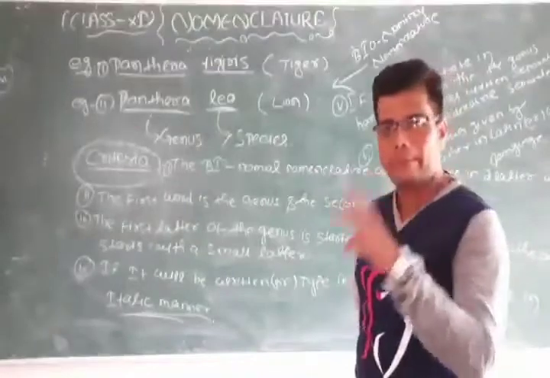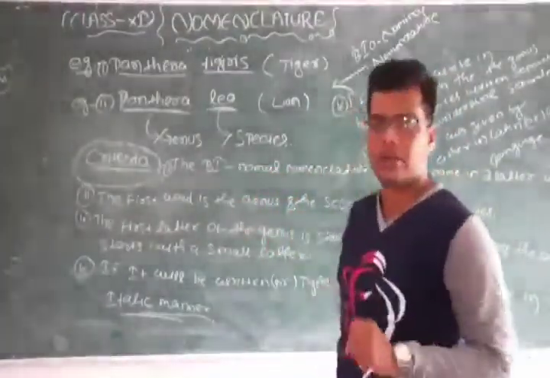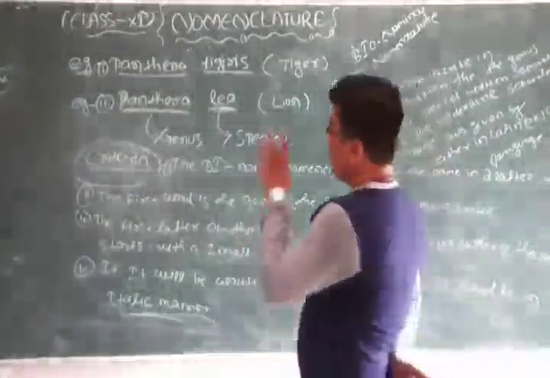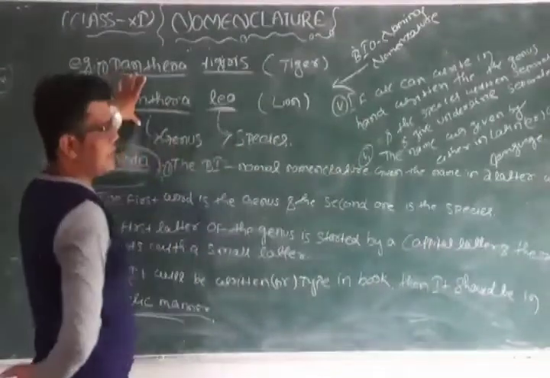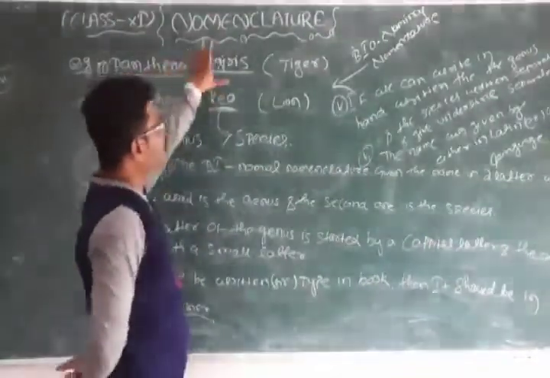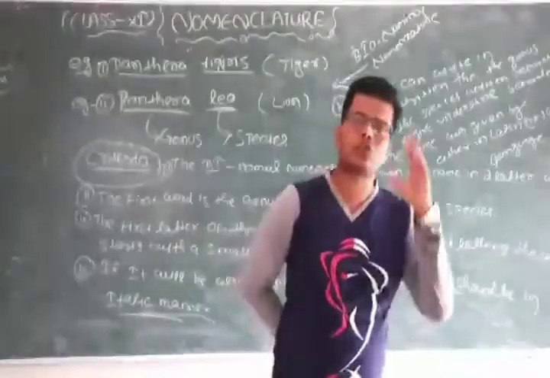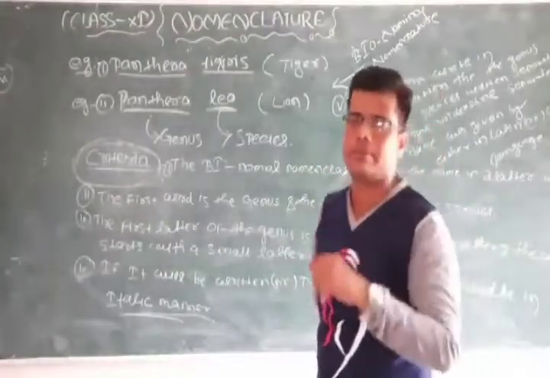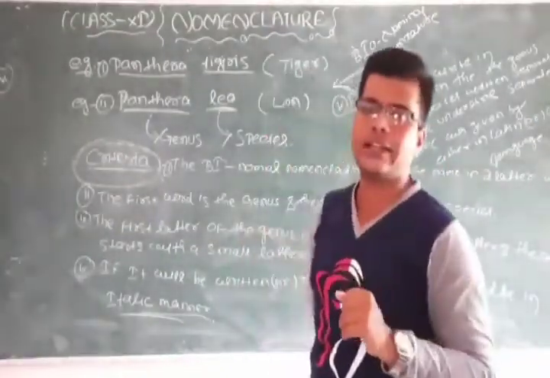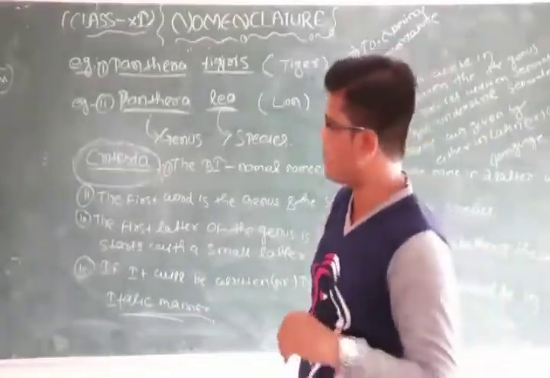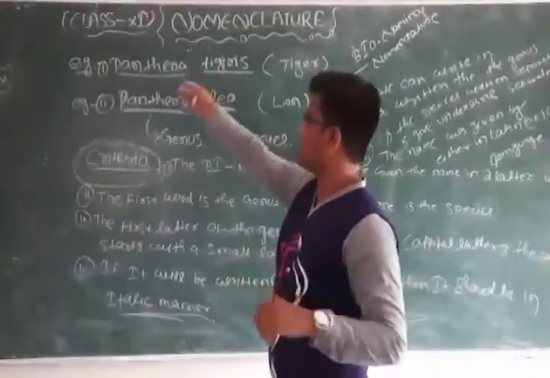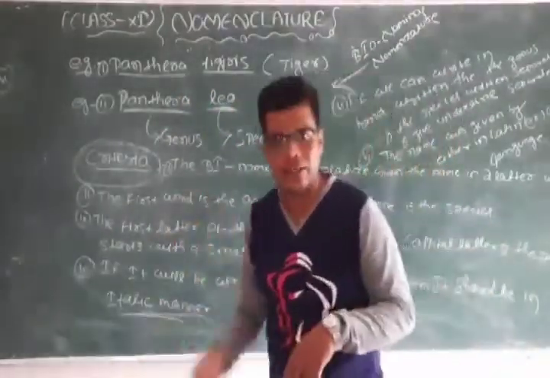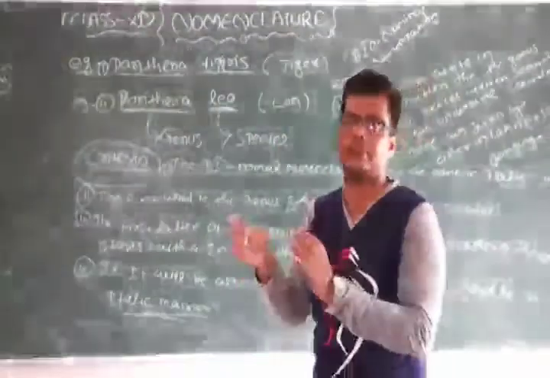Why is binomial nomenclature necessary, and what are the criteria for giving a scientific name? We discussed this in this video. There are many different types of animals, approximately 1.5 to 1.7 million, named by their scientific names. For example, the tiger is Panthera tigris, the lion is Panthera leo, and the human is Homo sapiens. Homo is the genus and sapiens is the species.